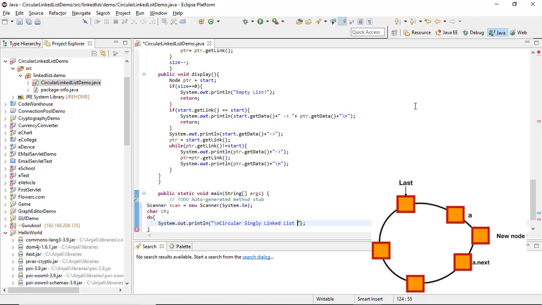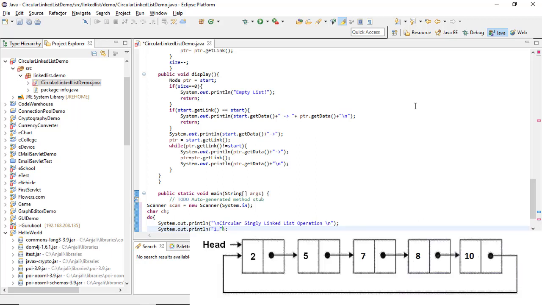We recommend a do-while loop, because in a do-while loop it will first perform the logic and then check the condition. So every time we run, we can have a choice to enter. That's why let's make it a do-while loop. Inside the do-while loop, we are going to ask the user to